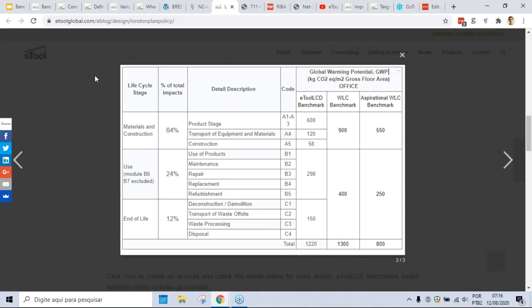What the policy is showing us is first they're removing operational impacts. So module B6 and module B7, which is operational energy and operational water supply and treatment, is excluded from this policy. So it's targeting embodied impacts. Okay. This table is for an office. So the results that we're seeing here is kilograms of carbon per meter square gross floor area of an office